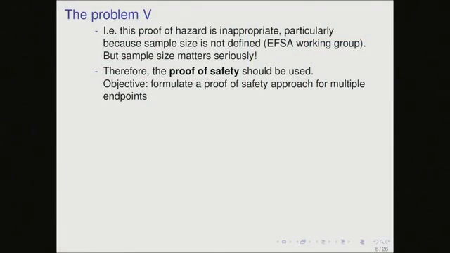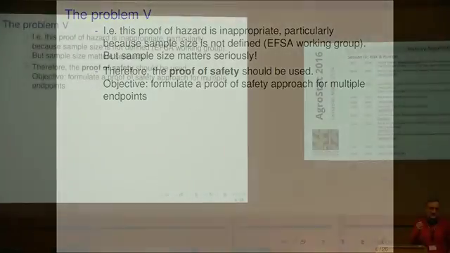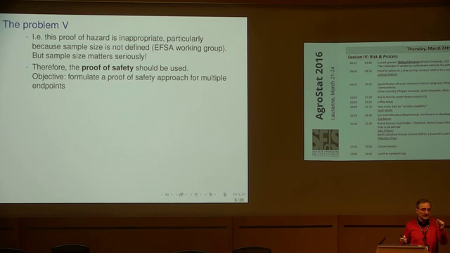If you look at toxicology, FDA and OECD are doing exactly this job, but with standardized sample size. If you look at the guidelines, it's written at least 5 animals, and everyone in the world takes 5 animals. And this standardization can be recalculated into an equivalence problem. So in fact, they do a proof of hazard, a proof of difference. However, in fact, their claim is safety. That would be a possible way if you are able to have a consensus worldwide to take sample size 10 for all these, for instance,